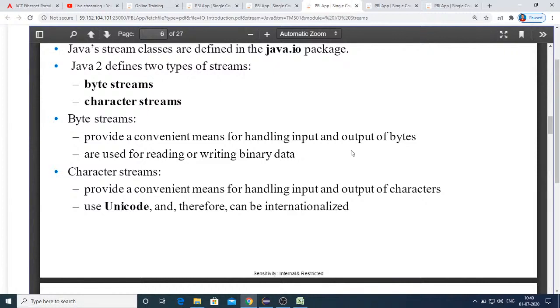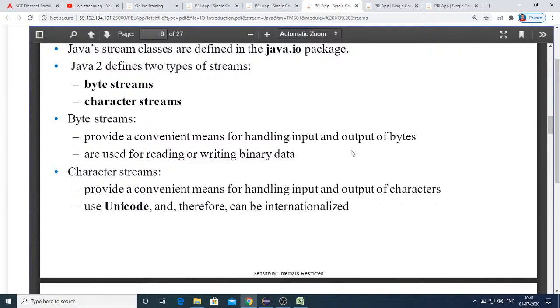From Java 2 onwards we have two types of streams, both byte streams and character streams, and in real time we will be mostly using character streams compared to byte streams. Remember this point also: in real-time application development we will be using character streams more than byte streams, and prior to Java 2 we didn't have character streams, only byte streams.